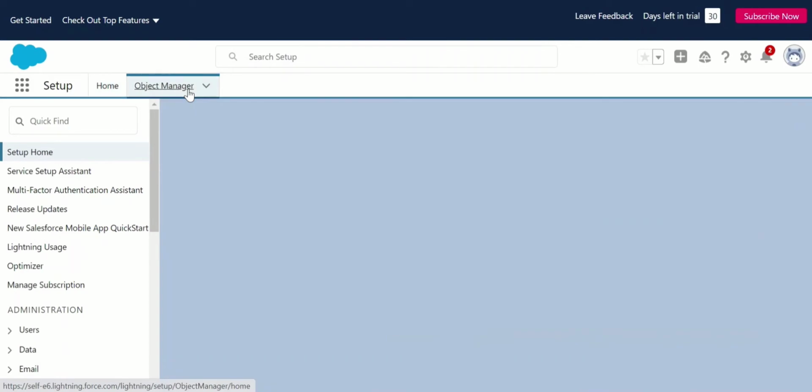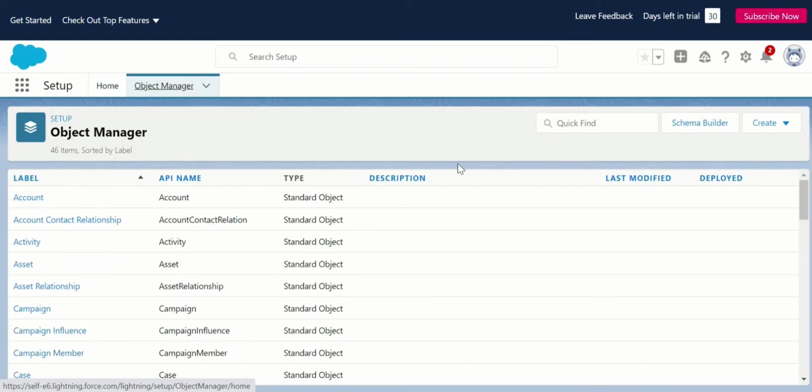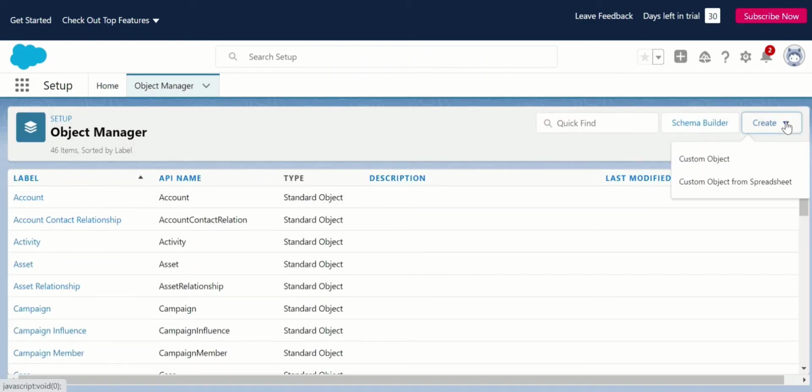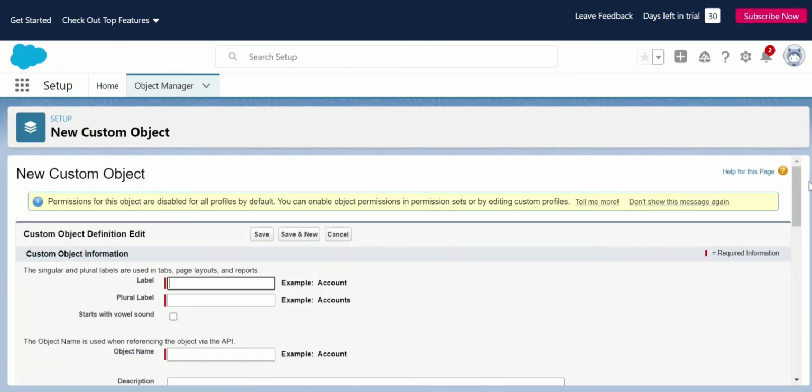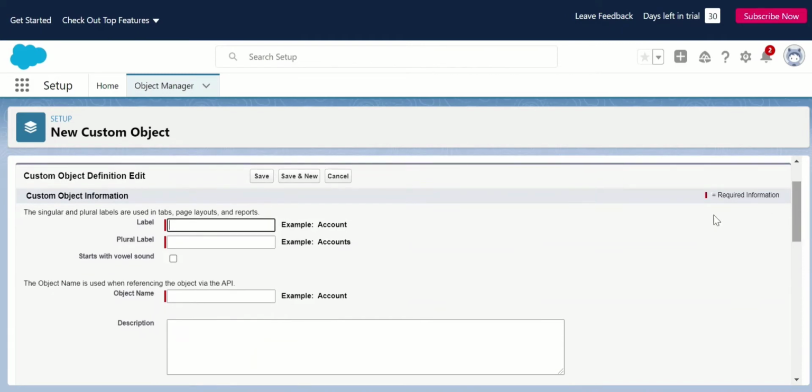So go to Object Manager, click on Create Custom Object. Nickname.